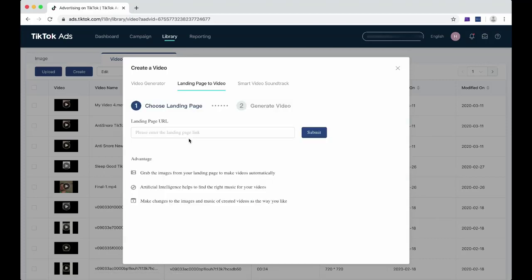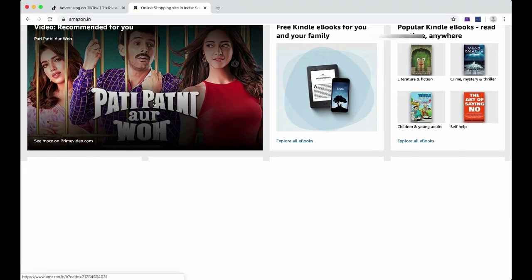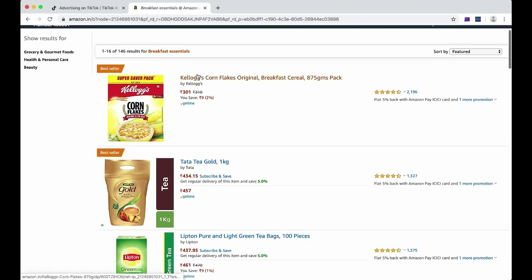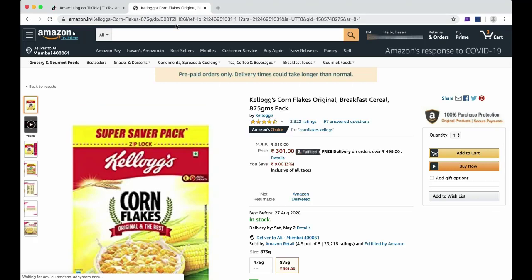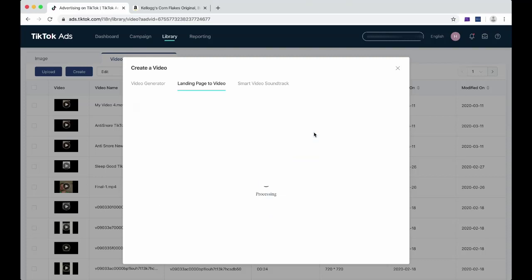Second option is landing page to video. In landing page to video, what you can do is you can put your product page over here. TikTok will take images automatically for you and they will create a video out of it. So for example, let's take a product from Amazon. Okay, let's take this cornflakes. Okay, so I'll put up here and do submit,